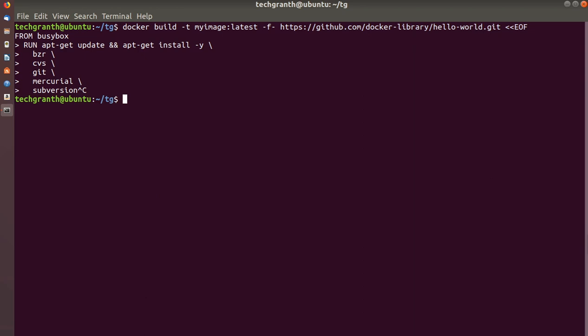So wherever possible, we can use multi-stage builds and only copy the artifacts we want into our final image. It will allow us to include tools and debug information in our intermediate build stage without increasing the size of our final image. So we will see how multi-stage builds work.